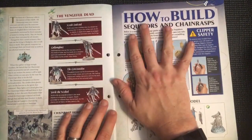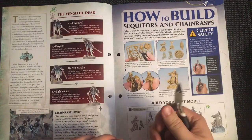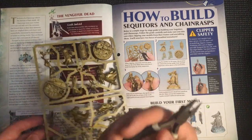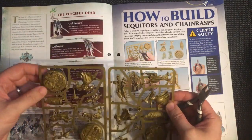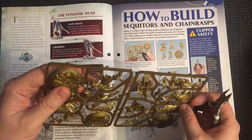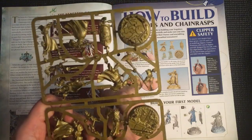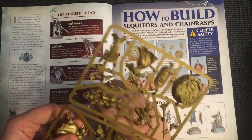Okay, so then we've got our build guide. And what I'll do is I'll quickly build these up and we'll take a look at them. Now, what I was saying about making sure you use a set of clippers if you've got them. If you try and clip these out with scissors or anything short of a hobby knife or something like that, you're going to leave some pretty crappy marks on there. Using clippers like these is very, very easy to get these off of the sprue